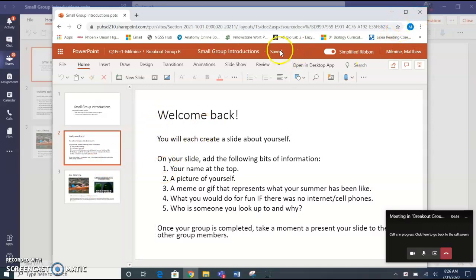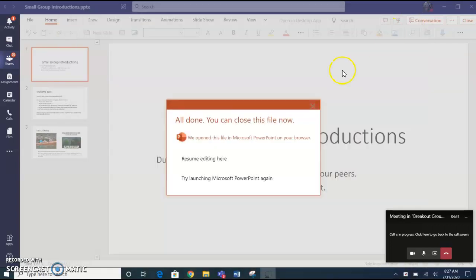And once you're done, it does save. If you look at the top here, it will save automatically. You don't need to save that yourselves or worry about a save option. It does that. And you'll be able to find these once they are saved in your own personal OneDrives, which we can also discuss a little bit later if you ever need to retrieve something. Once you're done and you'll have a little bit of time in class to work on this and get to know your group members, you will simply